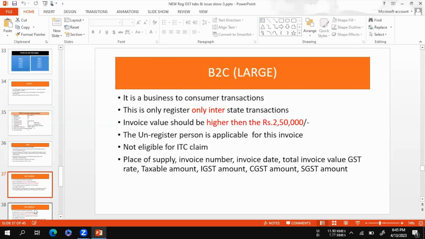Unregistered person invoices of more than 2,50,000, we can enter that kind of bill only here. Below 2,50,000, we can enter in B2C Others. The place of supply, invoice number, date, and all things are common here. Next,